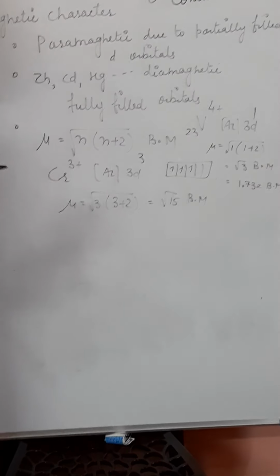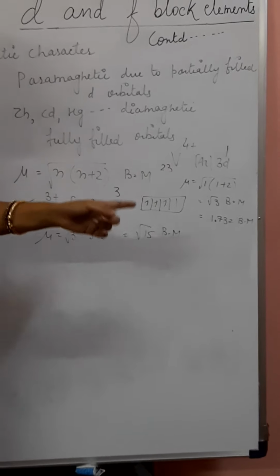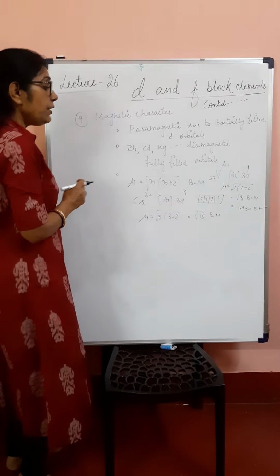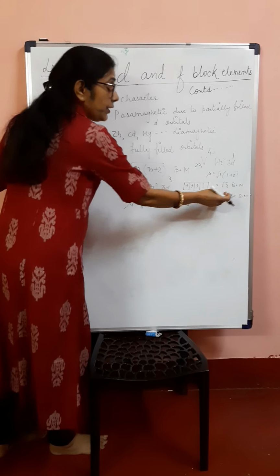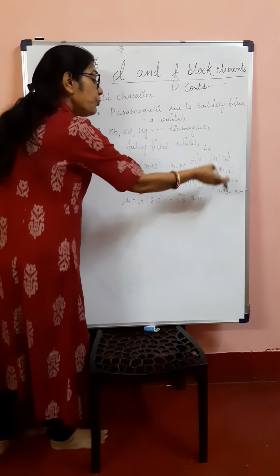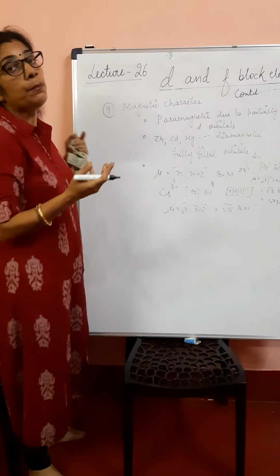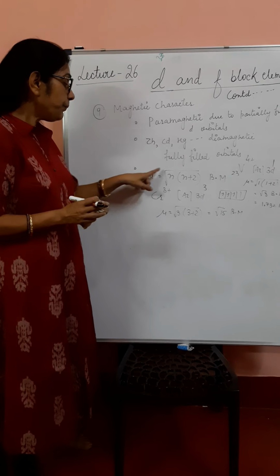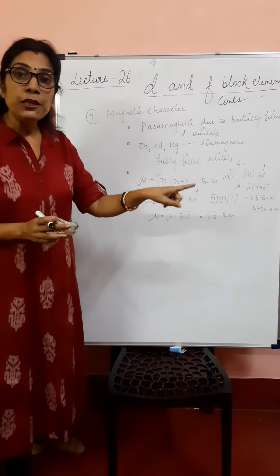This is very, very important in the next lesson, coordination compounds also. You need to calculate magnetic moment. And sometimes what happens is the magnetic moment is given for a particular species, and you are asked to calculate n, that is the number of unpaired electrons. So if mu is given, then you have to calculate the value of n.